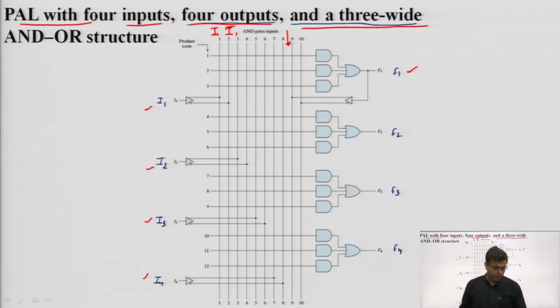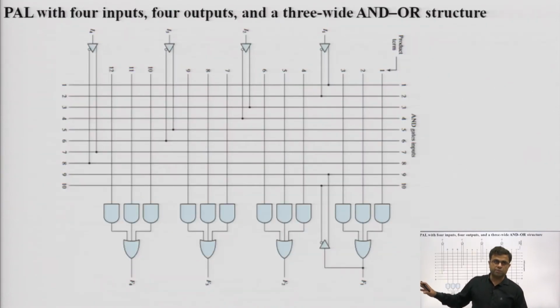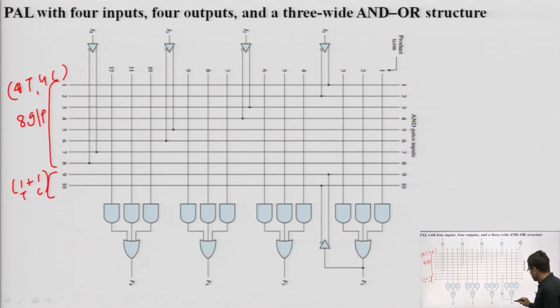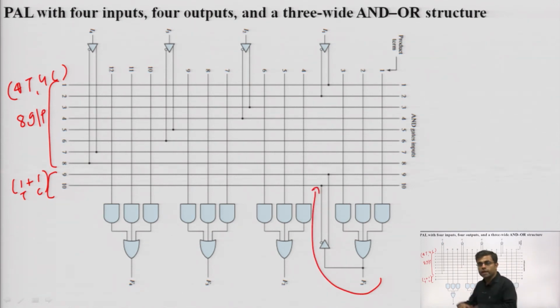This will be more clear if we take a question of this. So if we are not comfortable with this arrangement, we can rotate this and understand this again. So these are my 8 inputs, 4 true and 4 complemented. And these are the feedback outputs. You can check that this F1 is reaching here. So this is actually one of the outputs entering the input side.